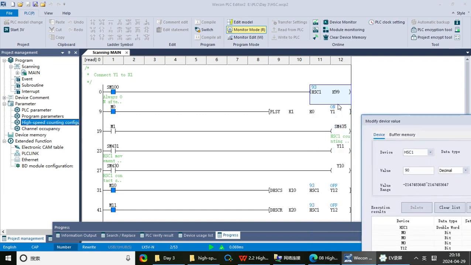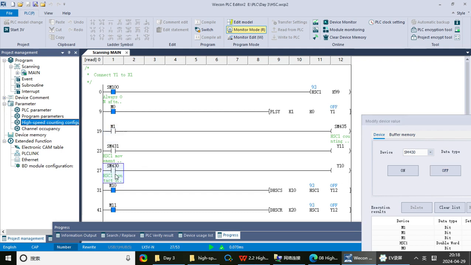As you can see, it's now counting up, and then I triggered M0, M1. Now the counter is counting down. And when I set it off, it's counting up again. And for the last special register,